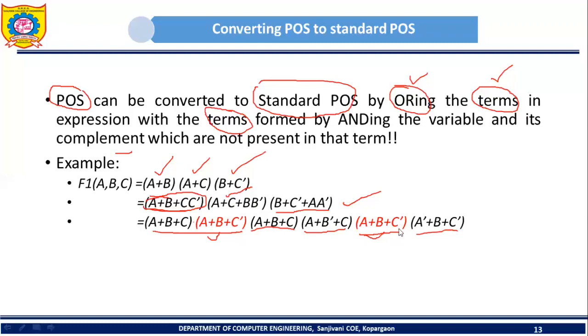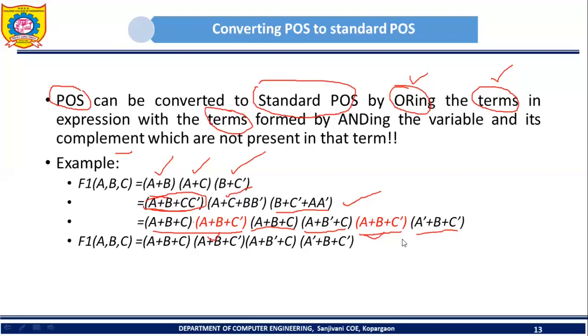So see, in the next step, what I have done, I have replaced these two terms by a single term. So here we are having how many terms? 3 plus 3, 6. And here we are getting 4. So this A plus B plus C, it is coming. Then A plus B plus C bar, A plus B plus C bar, yes, it is also coming. Then A plus B plus C, yes, this is also a duplicate. A plus B plus C is coming here also as well as here also. So I have replaced these two terms by a single term. So that's why here we were having 6 terms, and here now you will find 4 terms.